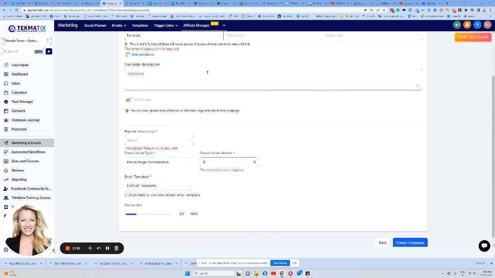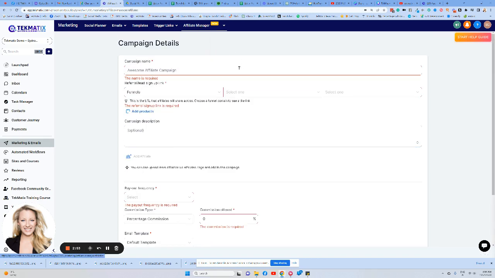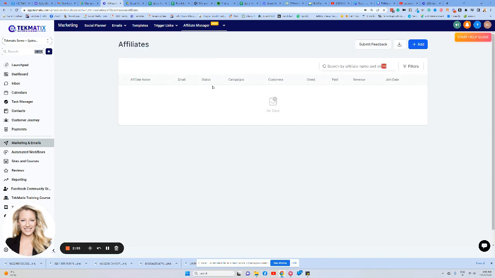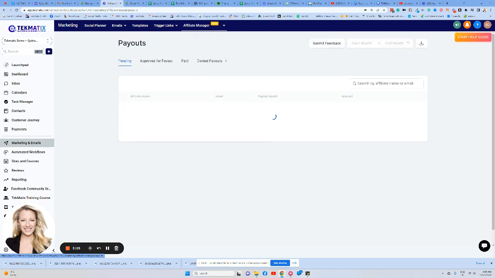There you go. So basically what will happen from there is then all of your affiliates will be listed here. When they log in, they'll be able to see all of their sales. We do have a full affiliate program dashboard portal coming out as well. And underneath your payout section, this is where it will show you all of your affiliates, their email, how much money they are owed that particular month. You can then approve and pay them all through this